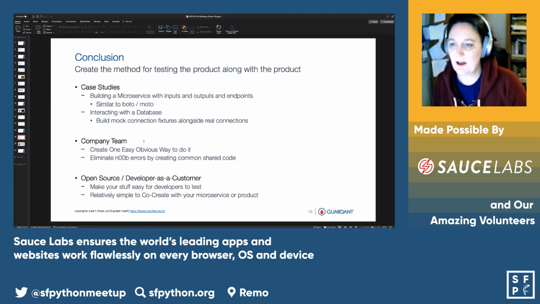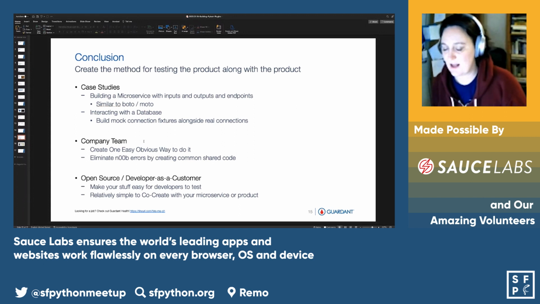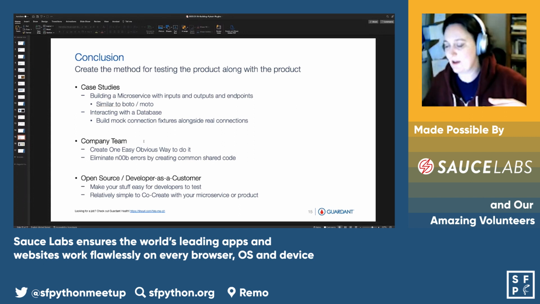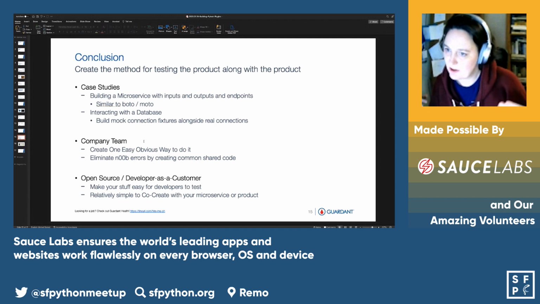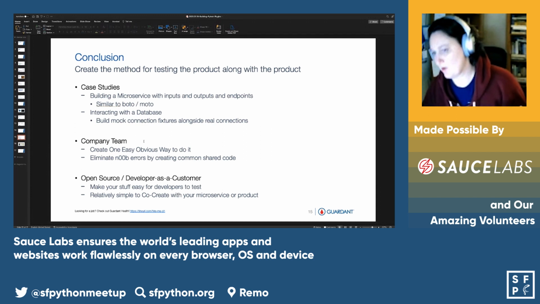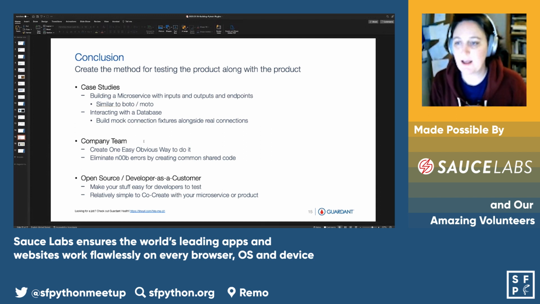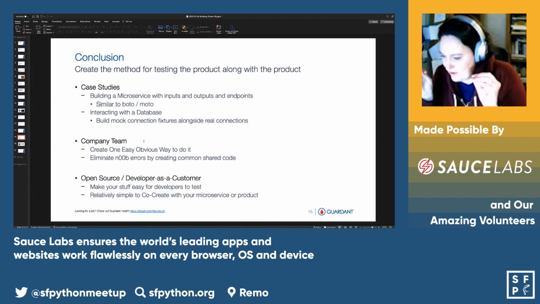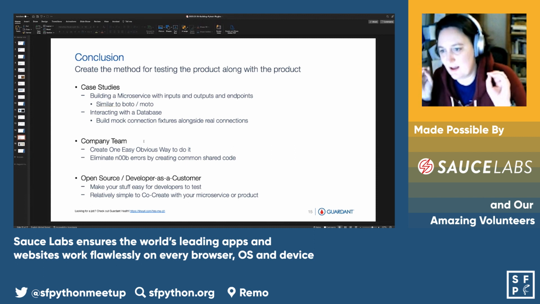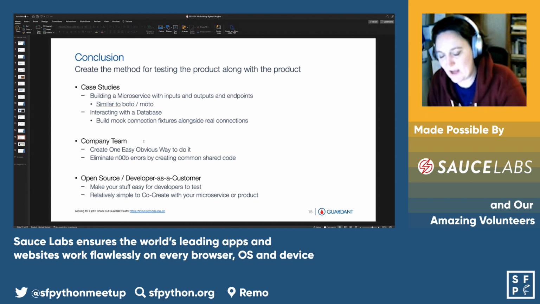So if you think about, for example, AWS releases Boto, but they also release Moto. And Moto is the mocked out version of Boto, allowing you to build your service around Moto and then transfer it to Boto. That little courtesy makes your service so much better to use and to interact with,